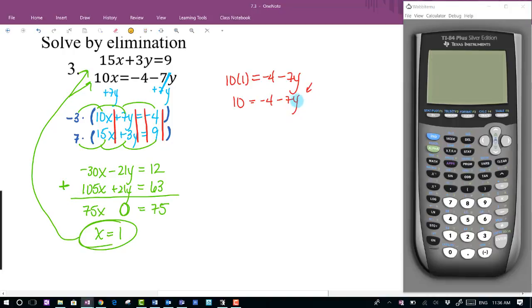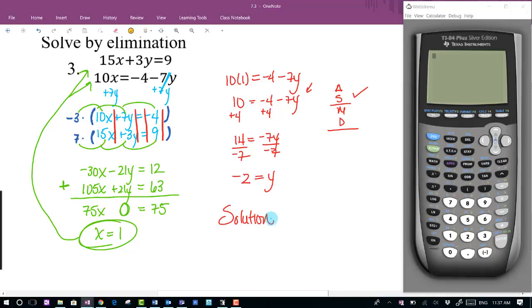And again, now I'm solving for this y value, so I'm going to go addition and subtractions first, and then multiplication and divisions after that. So I'm going to go ahead and move this 4 by adding 4 to both sides. So I get 14 is equal to -7y. And now I'm going to go ahead and do my multiplication and division, and I'm going to divide by a -7 and divide by a -7. So this will result in -2 is equal to y. Now the solution then to my system is going to be the coordinate point 1, which is the x-coordinate, -2,